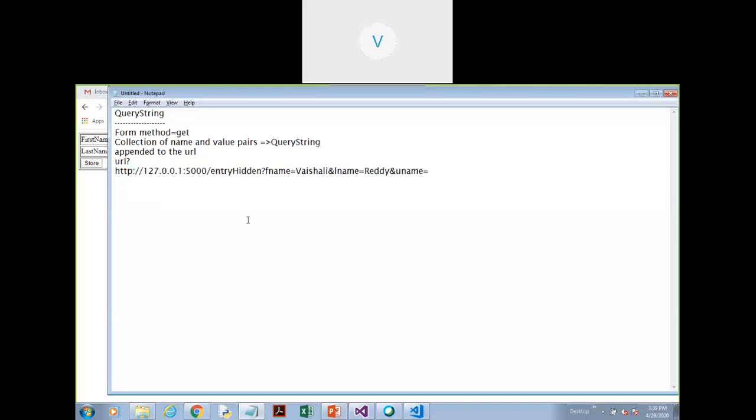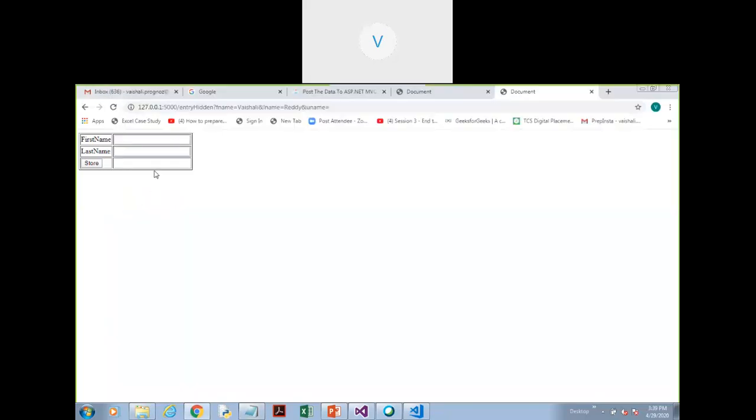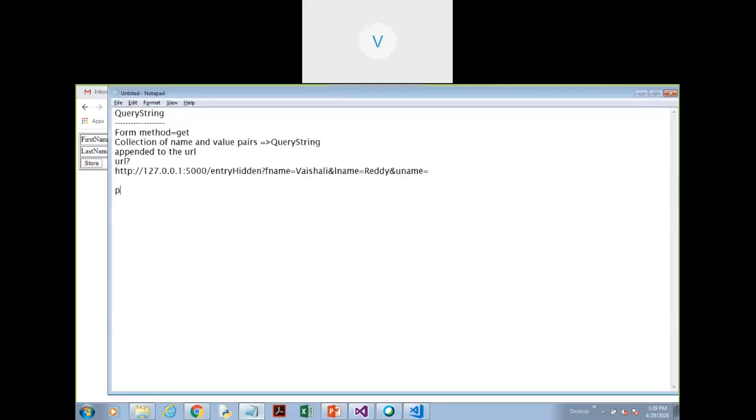So, when we are using a hidden field, what is a hidden field? You have some data, you pass it to the HTML file. Now this data is available only for this file. We cannot use this information in any other file. If you have created a hidden field for a page, we can use it only for that page. That information is not available to any other page.